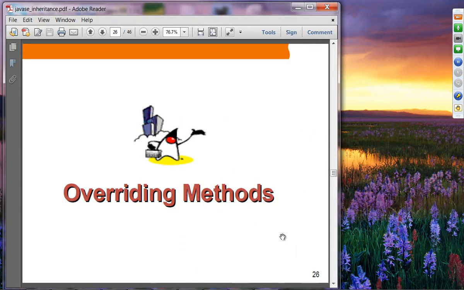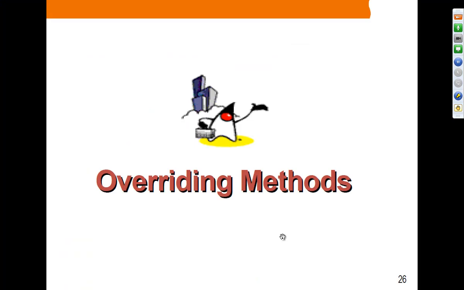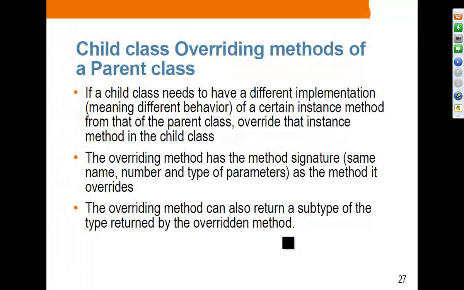Let's move on to the next topic. Overriding methods. We already talked about the difference between overriding methods and overloading, so let's talk about overriding methods in a bit more detail. In fact, this is a pretty important concept. A child class overriding methods of a parent class. If a child class needs to have a different implementation of a method, in this case we are talking about an instance method of a parent class,